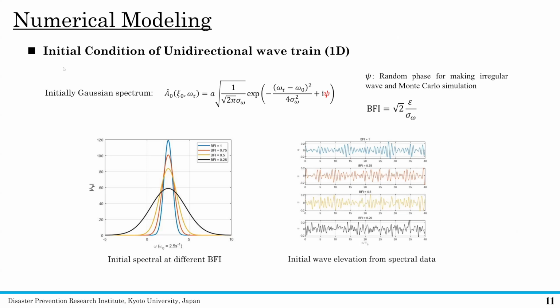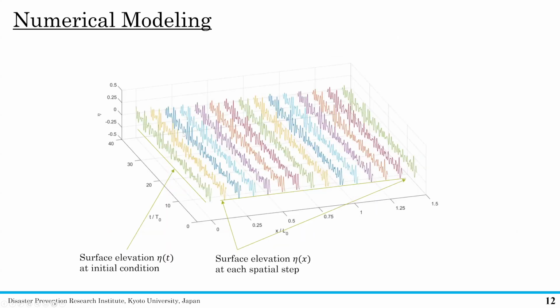That is first a very simple 1D case. We didn't consider the variation in the y direction, so that is the initial condition for the 1D case, and that is the information about this structure. Different bandwidths give a different initial surface. We suppose it is initially a Gaussian spectrum, because in this form it is very easy to control its spectral bandwidth. And that is how we solve it from the beginning.